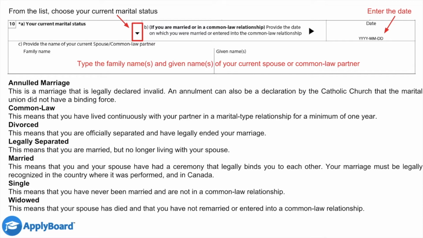This means that you and your spouse have had a ceremony that legally binds you to each other. Your marriage must be legally recognized in the country where it was performed and in Canada. Single. This means that you have never been married and are not in a common law relationship. Widowed. This means that your spouse has died and that you have not remarried or entered into a common law